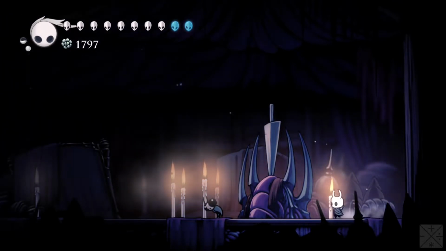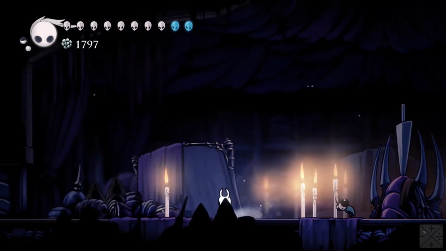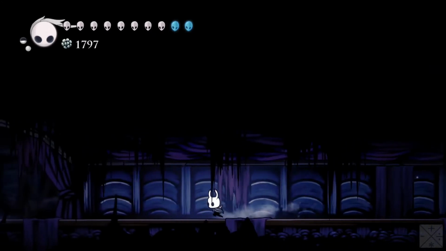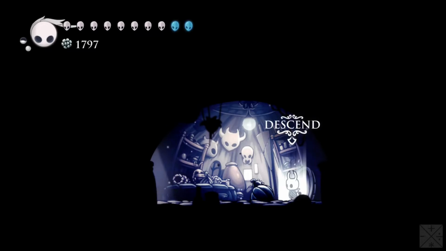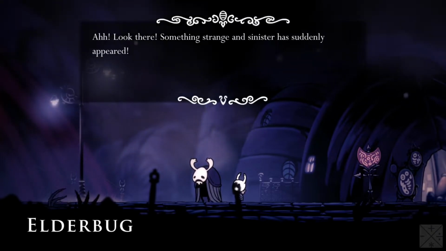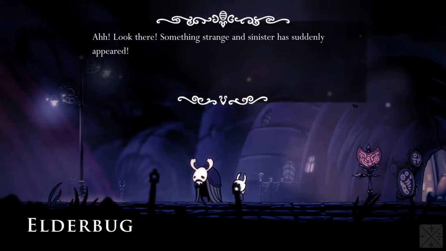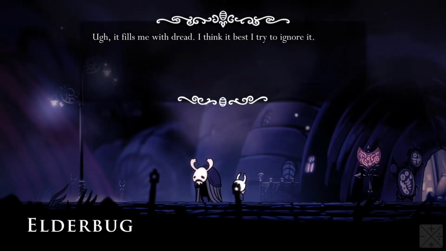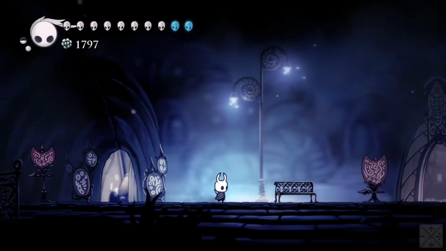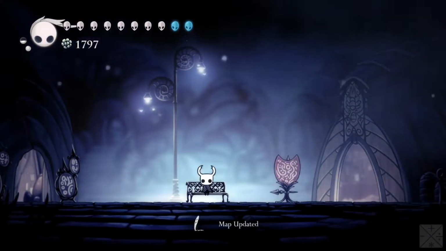So this guy is the Nail Master? I guess that would explain how he was able to get down into the Forgotten Crossroads and back up without a problem. Ah, look there! Something strange and sinister has suddenly appeared. It fills me with dread. I think at best I try to ignore it. But first...